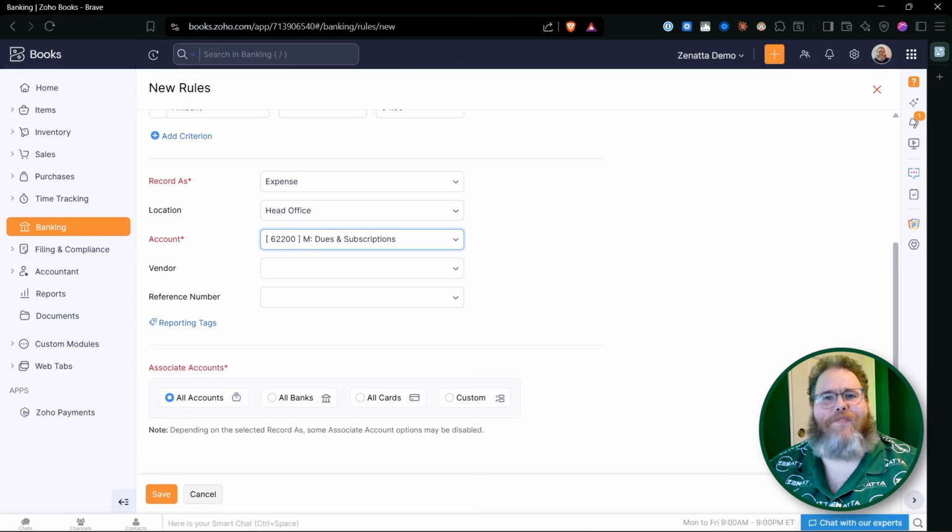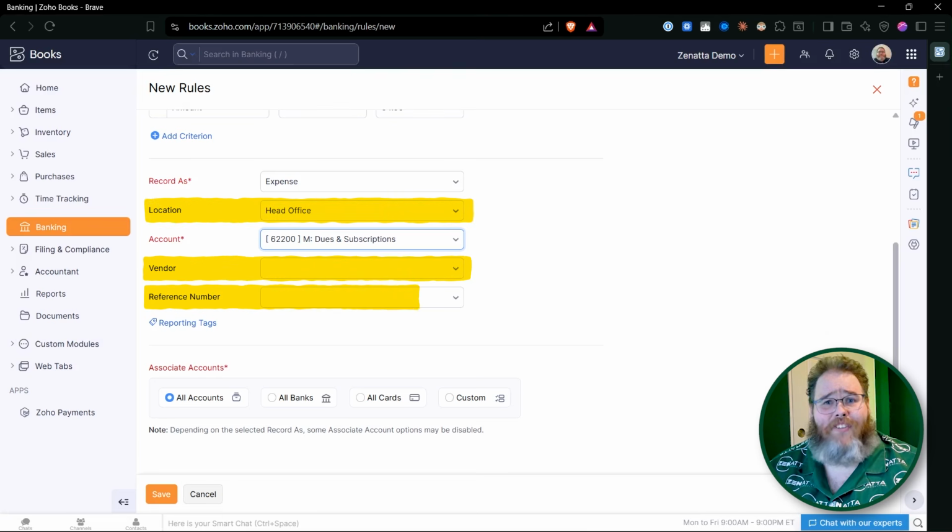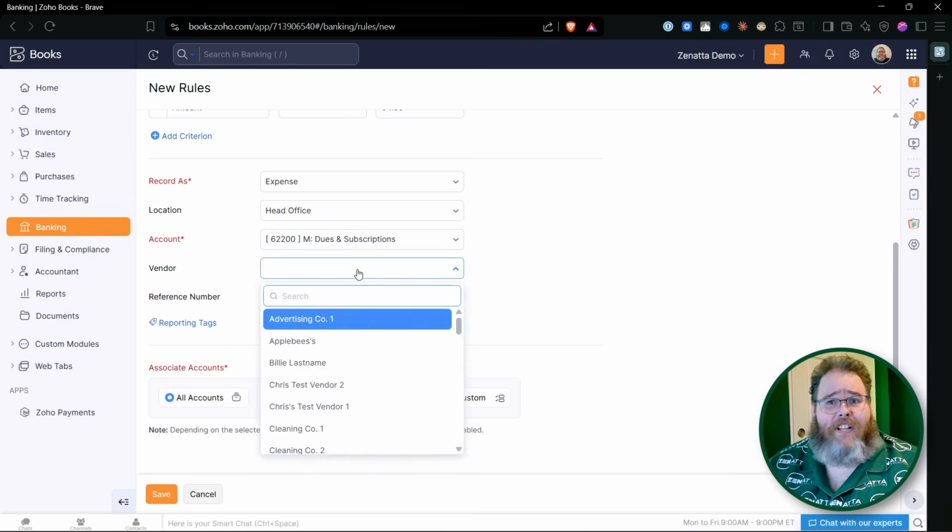Below that, you'll see a handful of optional fields: location, vendor, reference number, and reporting tags. None of these are actually required, but if your company uses that structure, fill them in. It saves you from having to go back and add that detail by hand later. Vendor is especially important because that keeps you from having to add the vendor to every transaction even when the